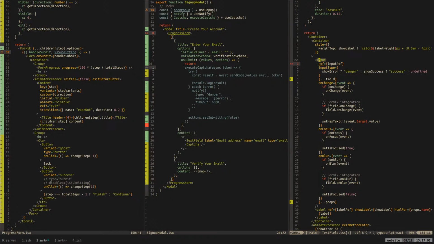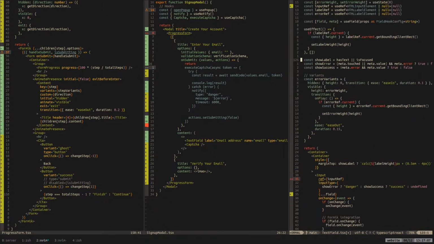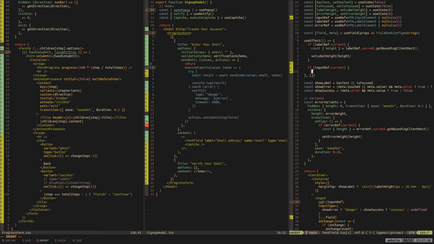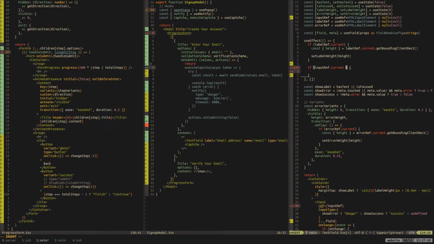We can sort that out later. Let's just assume that we have the ref. If we have the input ref current, then what we're going to want to do is check input ref current value. Then we're going to want to set has text to true.